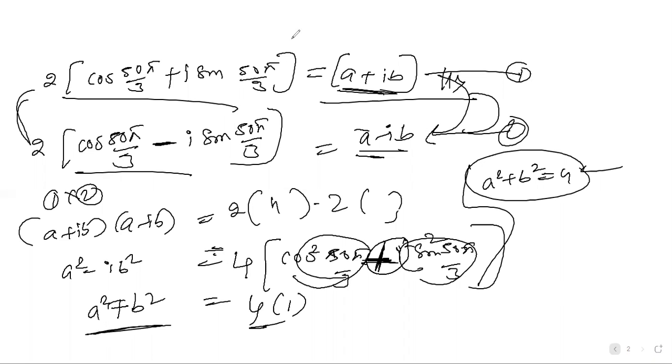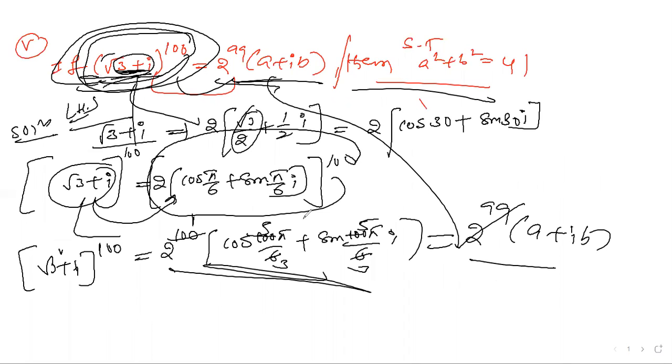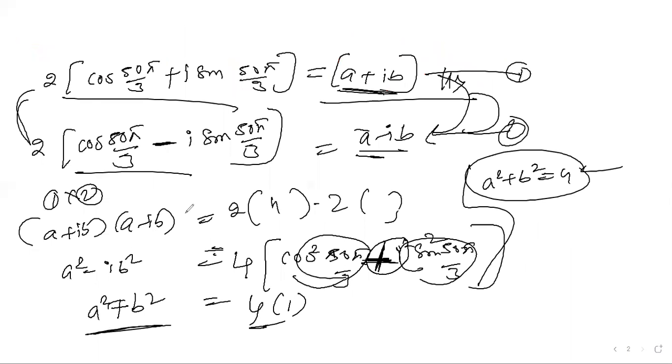This is an important question; it came previously. Let us take this is equal to this. You need to prove this. First of all, I'll enter the value of root 3 plus 1. This is the value of LHS, and that LHS I must equate to RHS. After cancelling out, 2 power 1 we will get. This is a plus ib. Similarly, we will get a minus ib also.